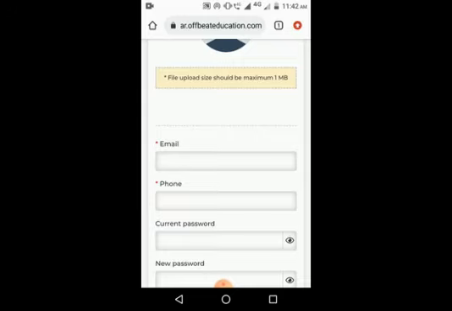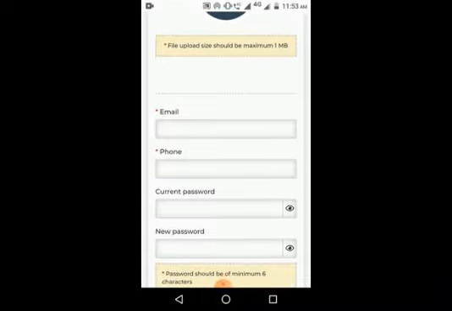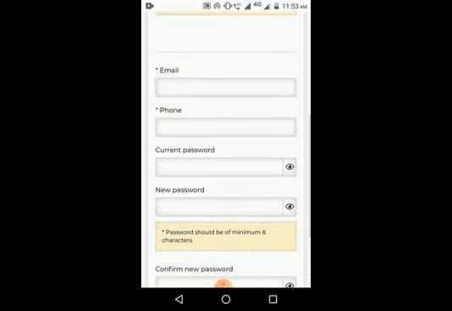And whenever your subject teacher uploads any material or assignment in LMS, you will receive an SMS alert as well as a mail alert. So we have to give our email address, phone number, current password and new password.